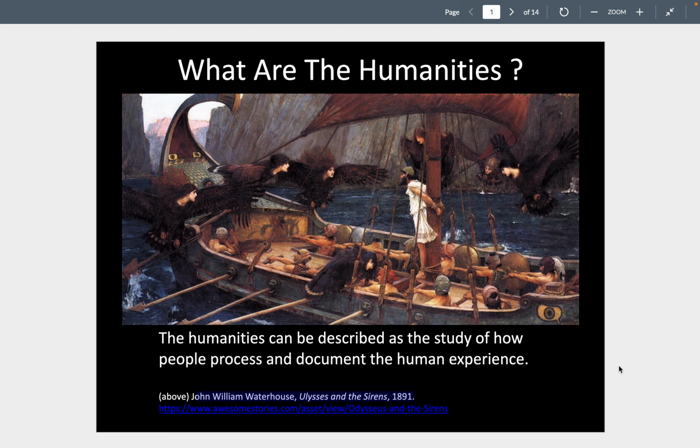This is an image from the second of the epic poems, the Odyssey, the return home of Odysseus or Ulysses. One of the great heroes of the Iliad is trying to make his way home. He is trying to get back to his wife and back to his kingdom in Ithaca, and the gods are working against him. There are some working for him, some working against him, and it is a great travelogue of